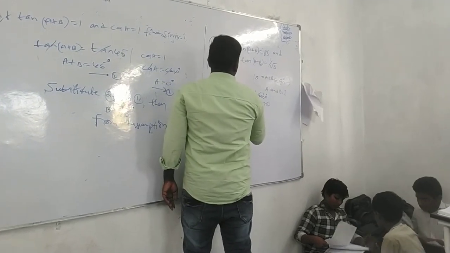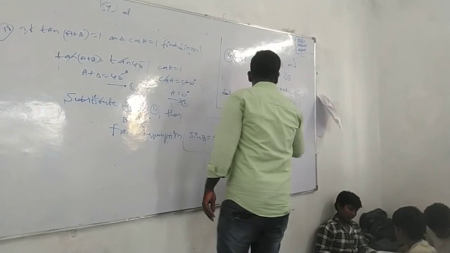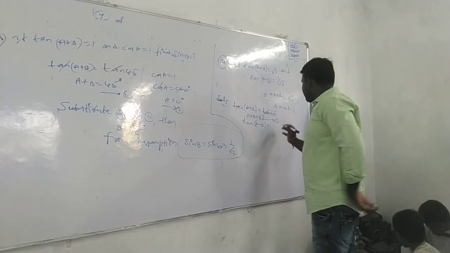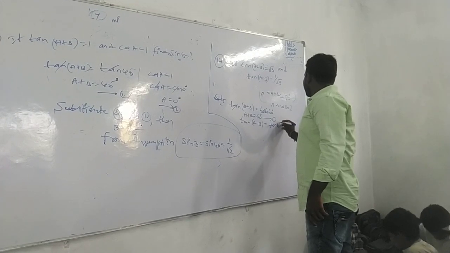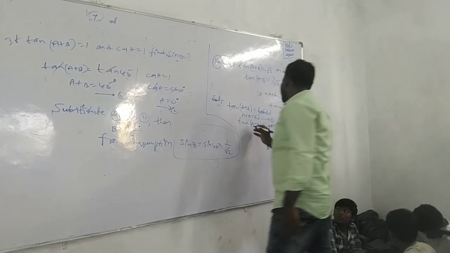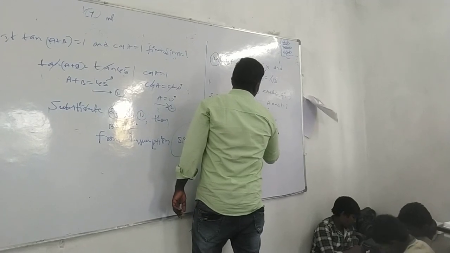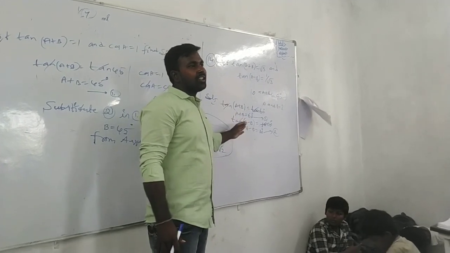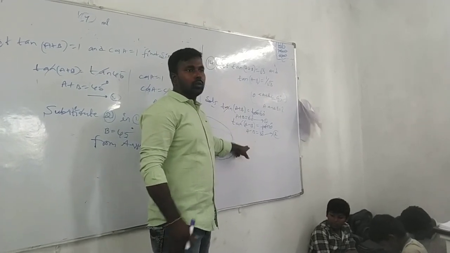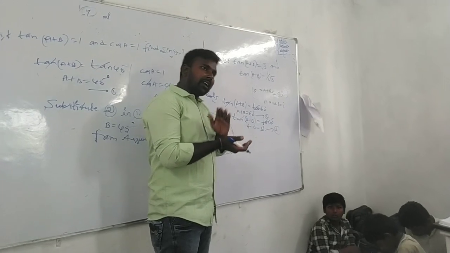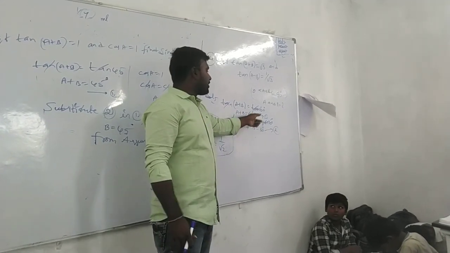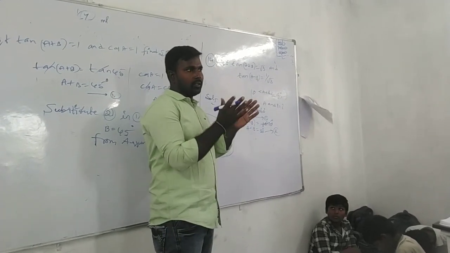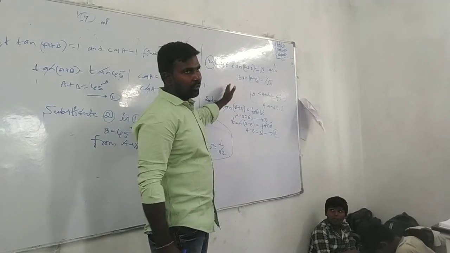Tan of A minus B is equal to 1 by root 3, which means tan 30. Here also tan cancels. Then we have A minus B is equal to 30 degrees. Let me take this as equation number 2. From the cancellation of equations 1 and 2, we'll get A or B. Then we can substitute the value in equation 1 or 2 to find the remaining value. Then we can add both values according to the given question in your textbook.